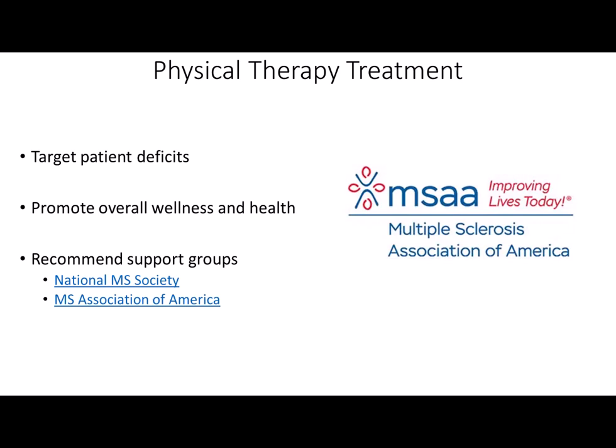So how you treat one person could be completely different from how you treat another person. Especially early on, you want to promote overall wellness and health, get an exercise program started that's going to help them maintain function, as well as recommend some support groups. And I have some links here to the National MS Society and MS Association of America. Lots of really good patient education information here, and just good information overall for patients that are going through this